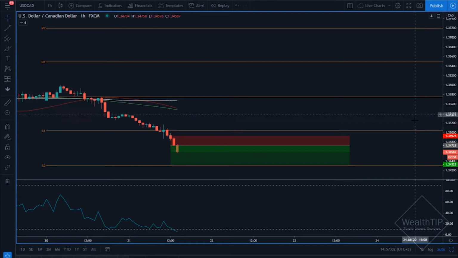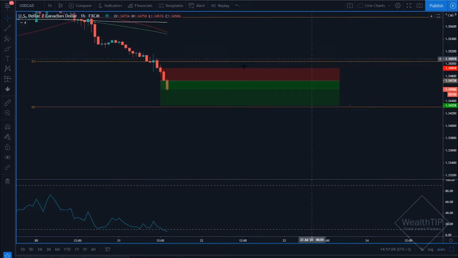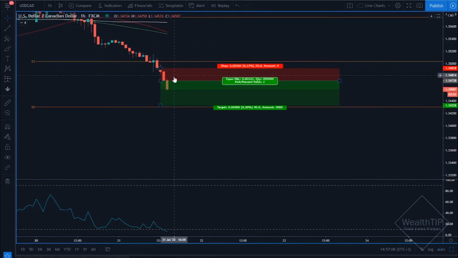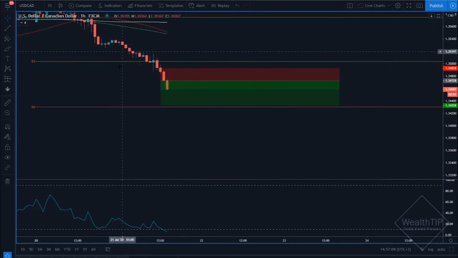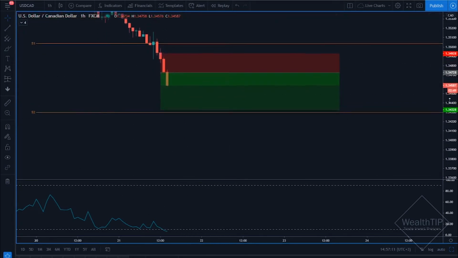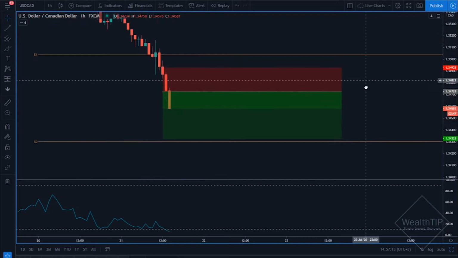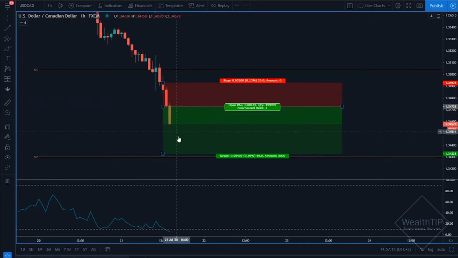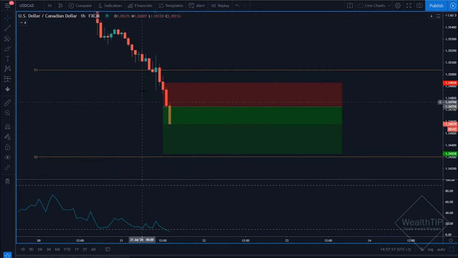I'm not necessarily in any position to, or in any hurry to manage the position in terms of reducing risk or moving stop losses to break even, as it's still a bit too early for that in the trade's lifespan. So if we start to move further down, then we can maybe consider something like that. For now, let me go ahead and press pause, and I'll come back as soon as we have something further